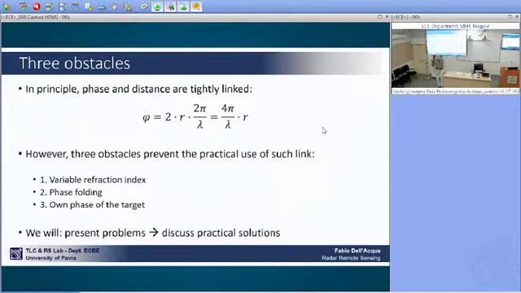What is this exchange rate? Well, I have a 2 pi phase when I walk for lambda. When I walk for lambda, the displacement is 360 degrees. And it's linear, so I can take it as an exchange rate. So this is very interesting, because